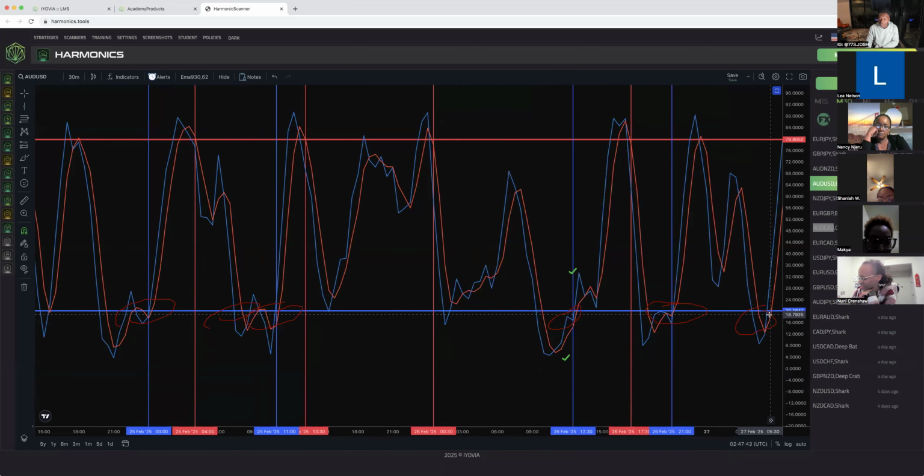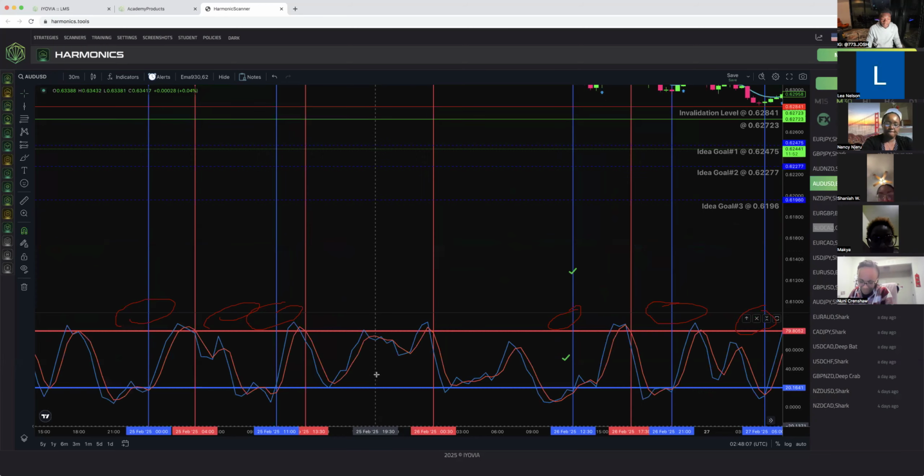Do y'all agree? I think they did an amazing job. Y'all drop some love in the chat for them. Drop some fire in the chat for them. So what I want to show y'all is what they just did. They just predicted where the market was going to go without even looking at the candles. That's what they just did. And if you don't believe me, I'm about to show you right now.